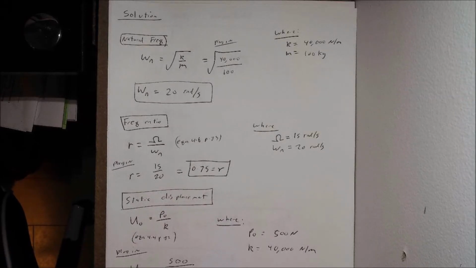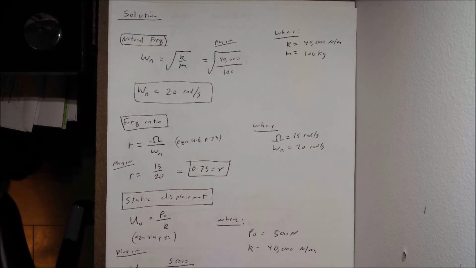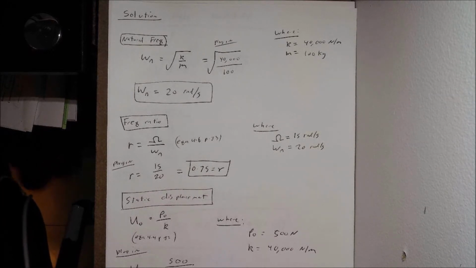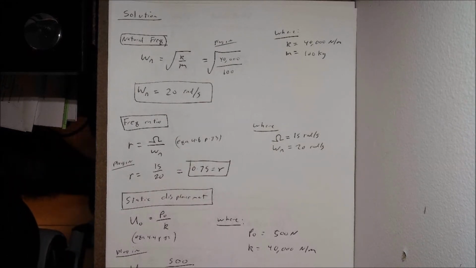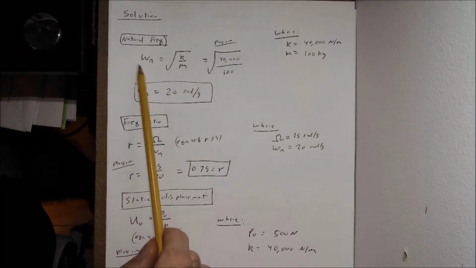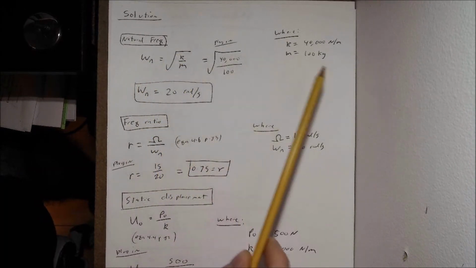So the next step as we begin our solution is to go through and figure out what key equations we're going to need in order to solve for the components to get us to what they ask us to solve for in the problem statement. So one of the things we realize we're going to need is our natural frequency. Now we have a relationship for our natural frequency. Omega sub n is equal to the square root of k over m,